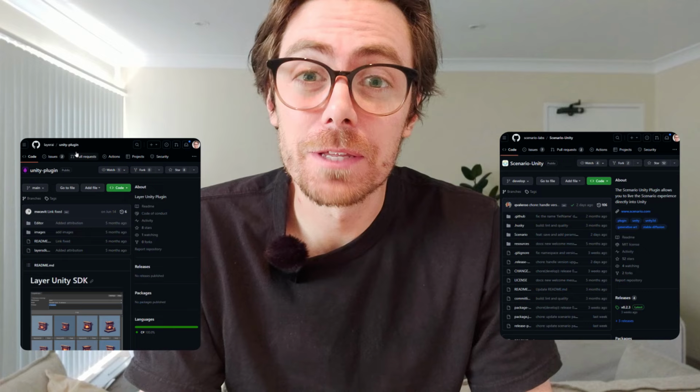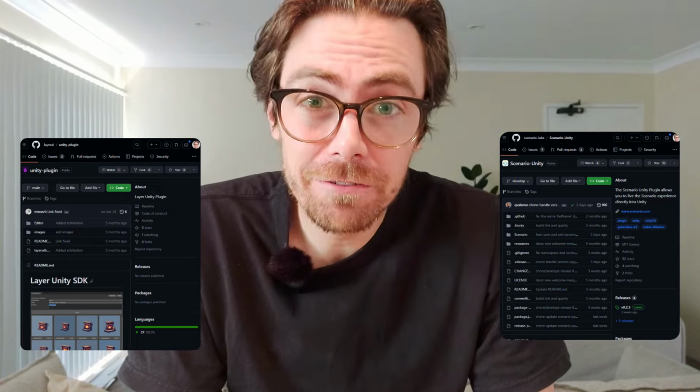I'm starting with Layer AI and Scenario, two AI tools that claim to be able to make game assets. You can tell that gaming is their focus because it says so on their website, and they each have Unity plugins. But the main feature they both promise is where you can build your own generators. You give the model reference images, and it uses those to keep the style of the output consistent, obviously important